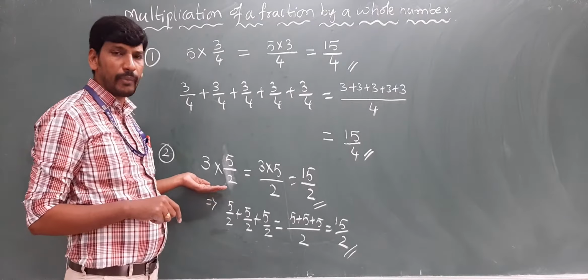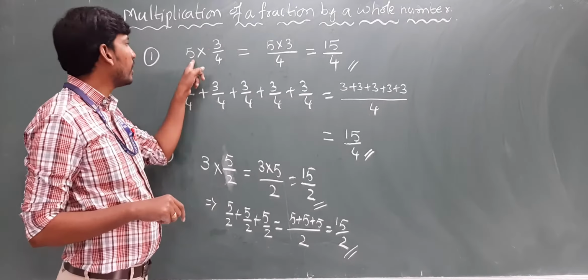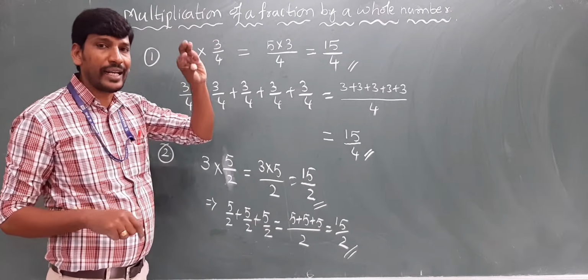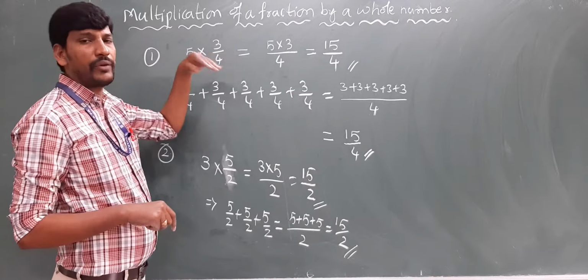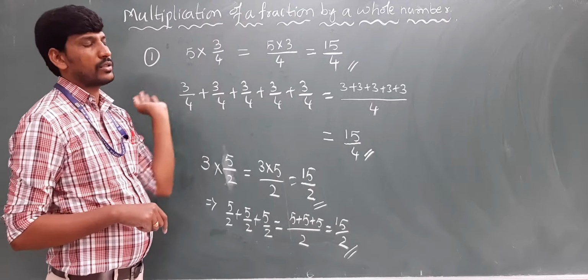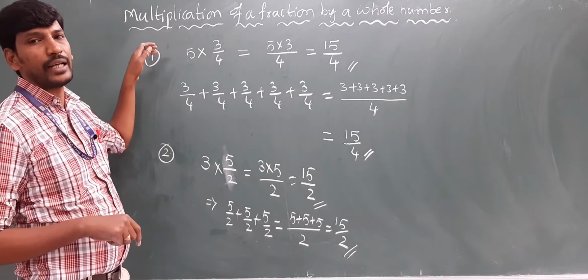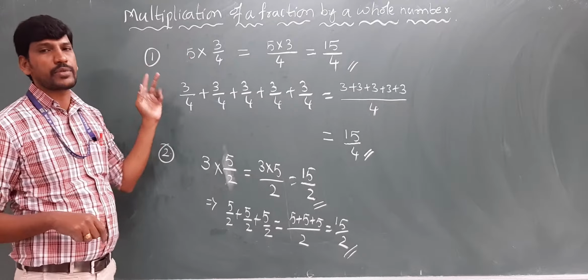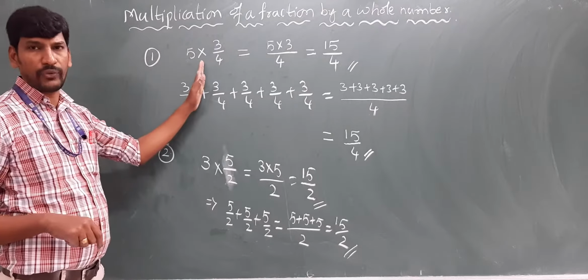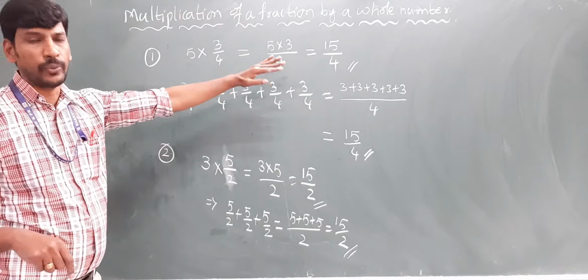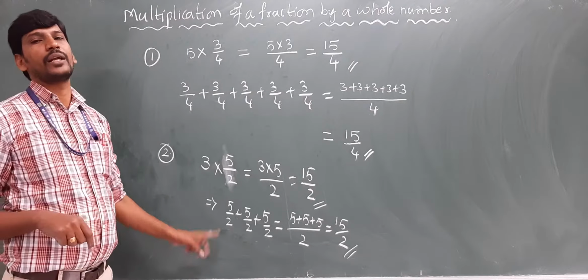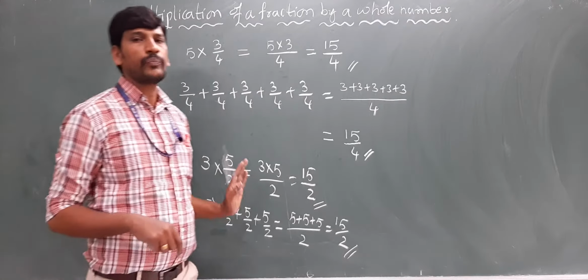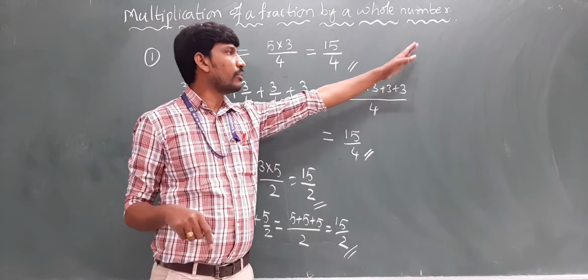The same process we are doing here. Here 3 by 4 is repeated 5 times. That's why we are multiplying with 5. So in the previous example, in the figure, in the circle example, 1 by 4 is repeated 2 times. In both the circles it is 1 by 4, 1 by 4 only. That's why we are multiplying with 2. Even in the rectangles, 2 by 6 is repeated 2 times. That's why we are multiplying with 2. In that there is one more rectangle.